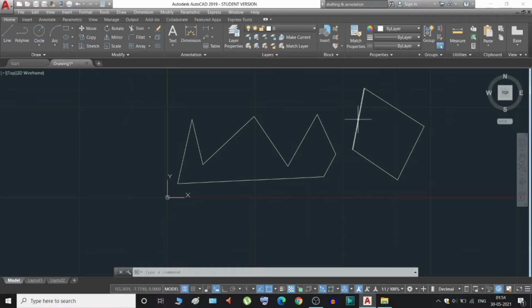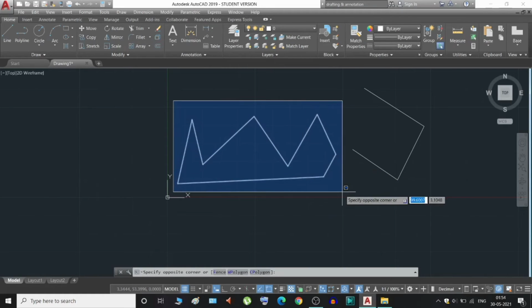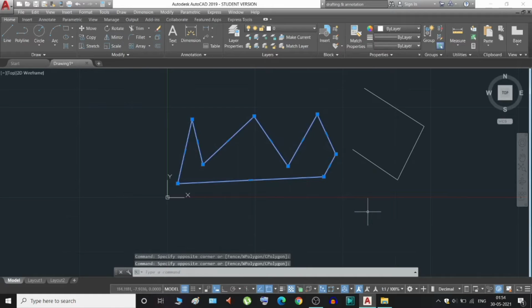So if I want to select this portion only, this line only, I have to just select this, and then you can delete it. So it will be deleted. So the difference between line and polyline, I hope this is clear to you. The line command is to create a single line, and the polyline command, which I have drawn this picture with, is for the whole picture.